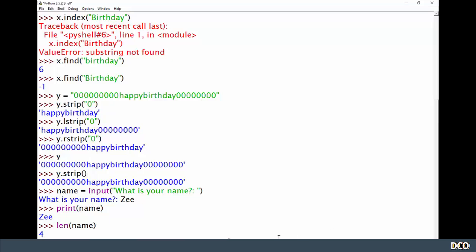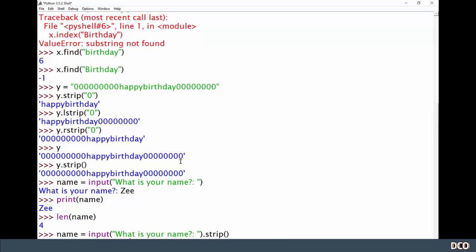Okay, so what this is going to do is take this input function, which is going to give us whatever we put in. Then we're going to use the strip method to strip off whatever this string is and then save that in name. So if I do that, it's going to ask me what my name is. I'm going to say Z, and I'm going to press